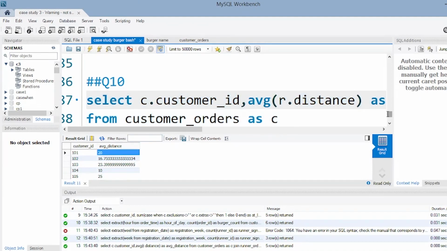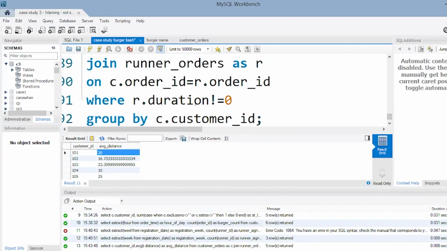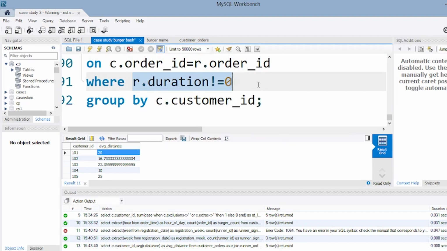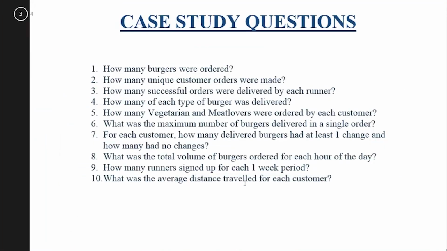Okay, so this was a simple query wherein we wanted to find out the average distance traveled for each customer. So we simply select the customer ID, the average distance. We join the 2 tables based on their common column. Then we put the condition as duration is not equal to 0 because we wanted to find out the average distance, and we grouped it by the customer ID because we want the data for each customer. Okay, so this was the 10th query, and with this we have successfully solved all the 10 questions of our